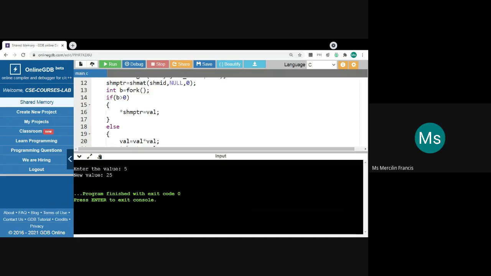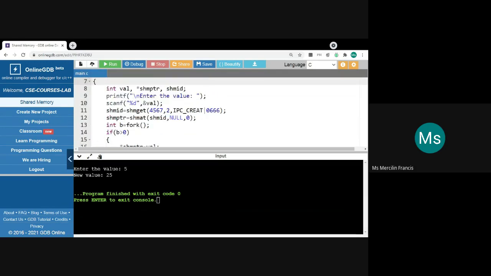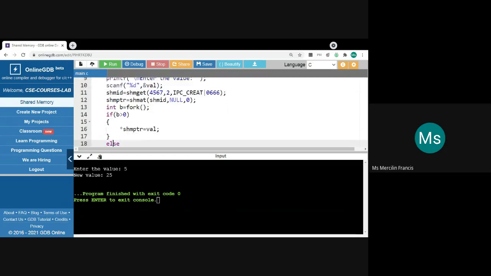So here you can see that shmptr is given for display, and shmptr is loaded with the input value given in the variable val. The input value was taken by the parent, and the square of that value is given by whom? The child. In this way, you will be able to communicate between the two processes.